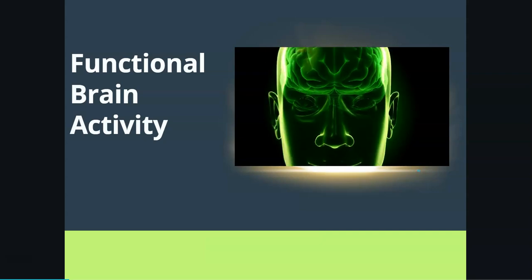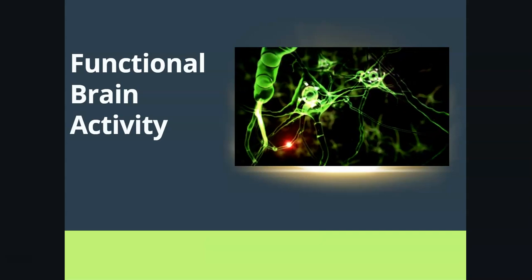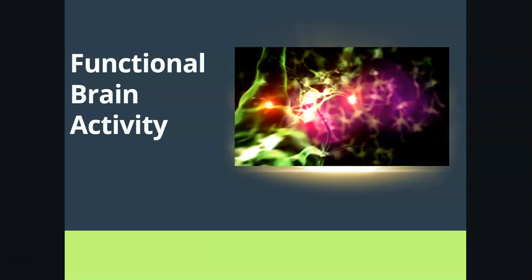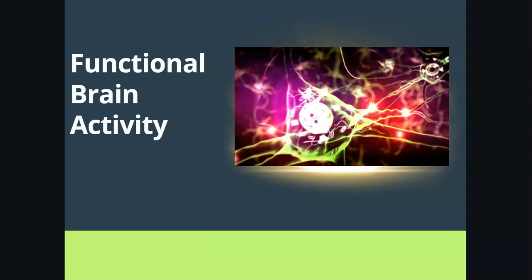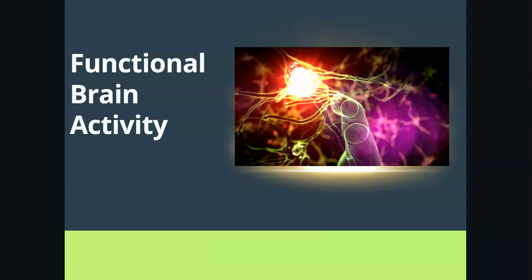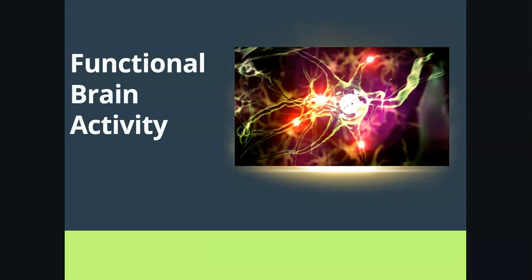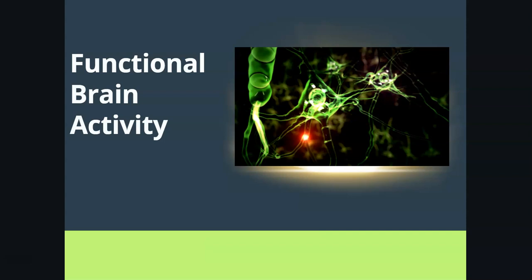Okay, so the functional neuroimaging techniques like the MRI have provided insights into how brain activity differs during various mood states in bipolar disorder. So during the manic phases, increased activation has been observed in regions associated with reward processing, like the ventral striatum, alongside decreased activation in areas responsible for self-regulation, like the medial prefrontal cortex.